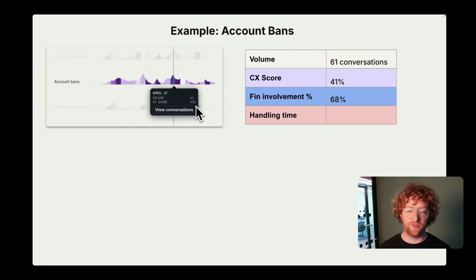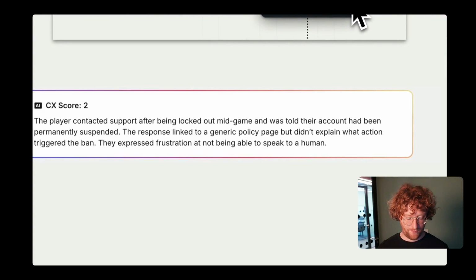We can say that Finn was involved in 68% of the conversations and the handling time was a little bit long at 18 minutes. So if we were to do like we just did in the product and dive into some of the conversations behind these metrics and look at the individual CX score and summaries, we can see that